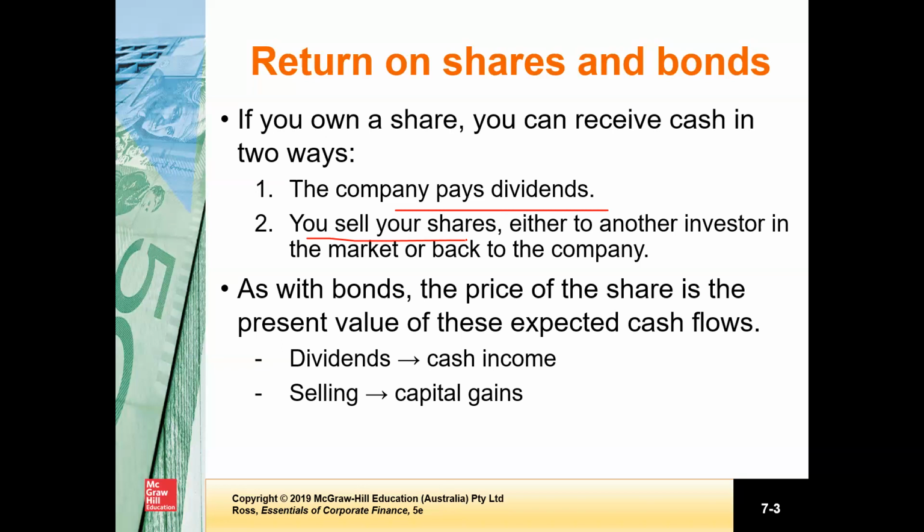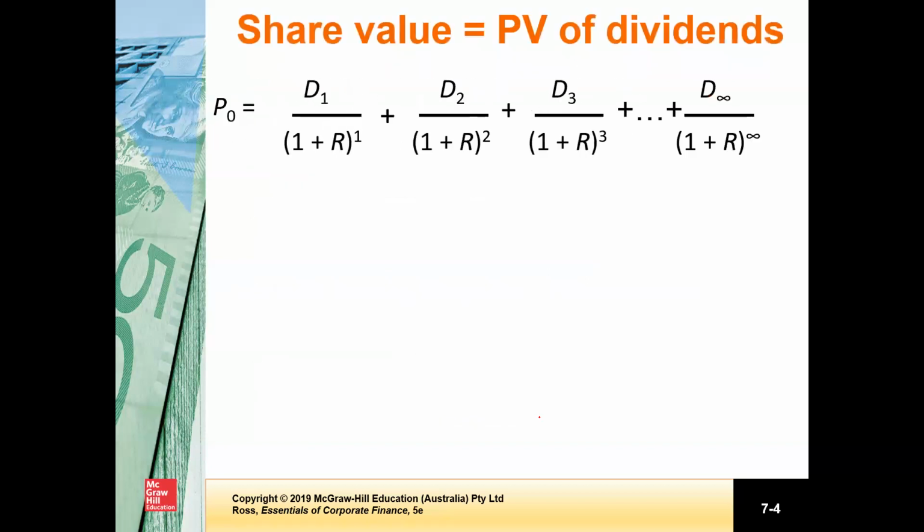In chapter 6, if you remember, we learned about debt and its valuation, and we have seen that a bond's value depends on periodic interest and the principal. As far as the stock is concerned, the value of a stock depends on its future dividends and also the selling price that we expect. That means the capital gains. So in summary, the value of any stock at a certain point in time depends on future dividends.